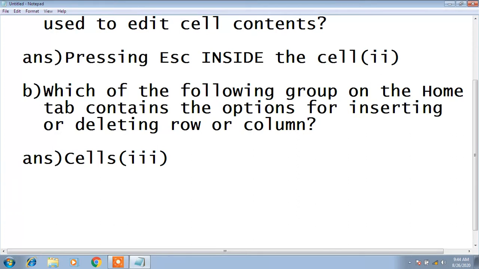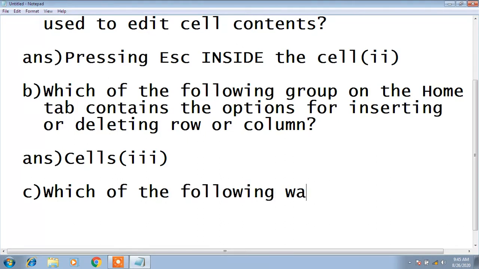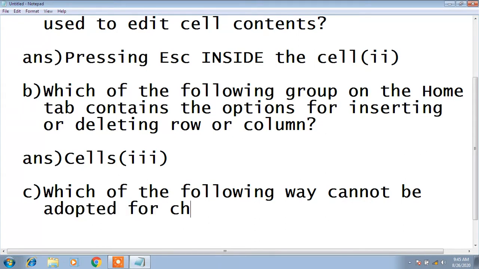Now come to the question number C. Which of the following ways cannot be adopted for changing the column width?